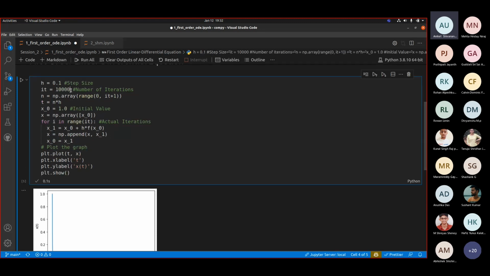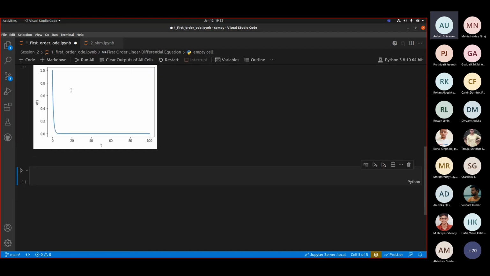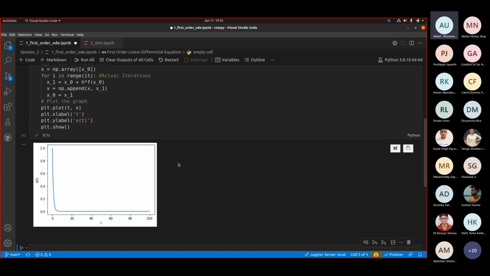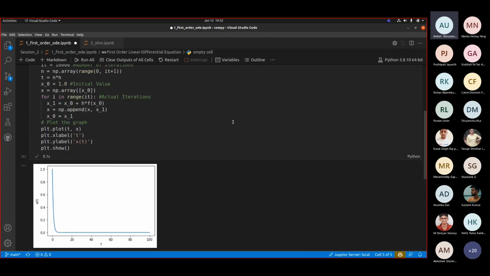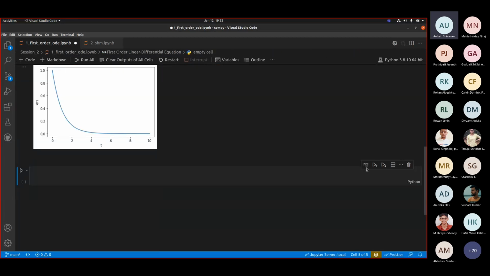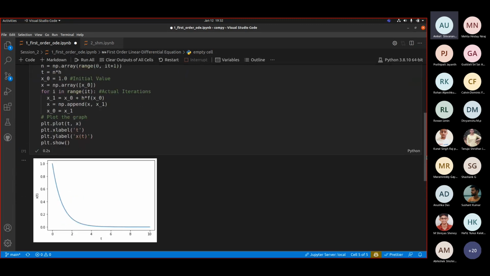Okay, so forget the iteration. Now what will happen if I decrease the step size? Decreasing the step size basically has the opposite effect of zooming in. Why does it have that opposite effect? Because it becomes more and more accurate. Okay, see, now we are back to where we started from.